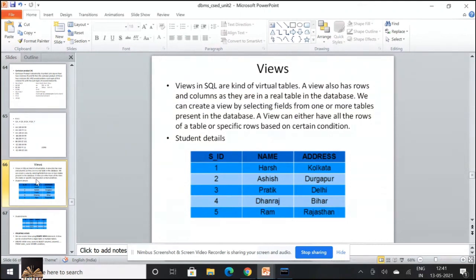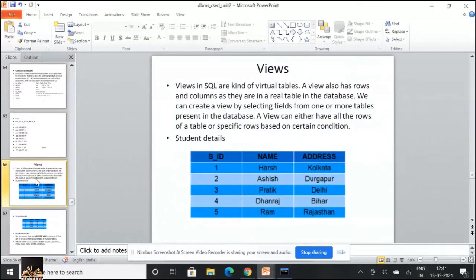We can create a view by selecting one or more fields from one or more tables present in the database. It is not necessary to have all the rows that are present in the table which you are taking in order to create a view.